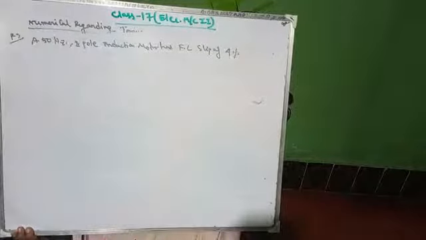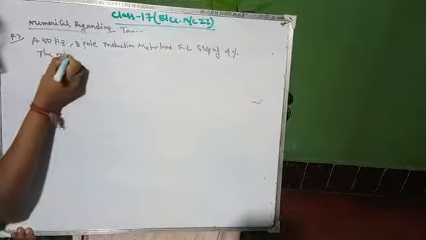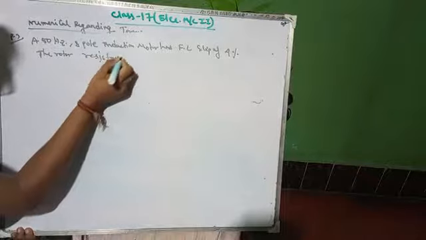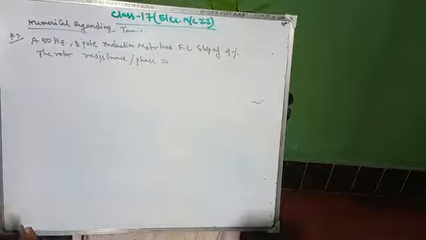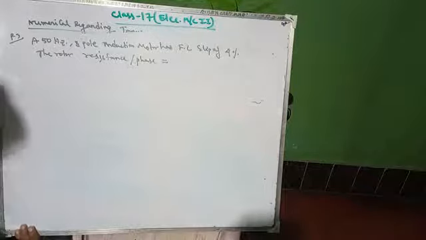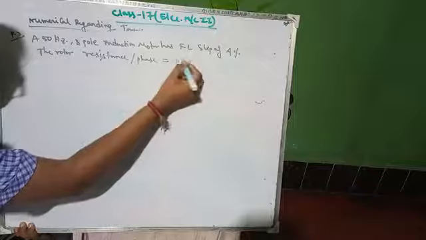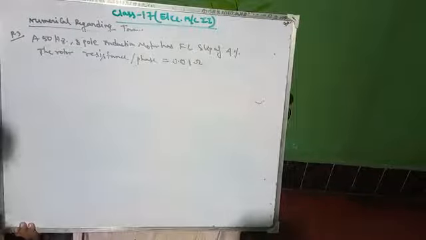The full load slip is given as 4%. The rotor resistance per phase is given as 0.01 ohm, okay? And the rotor reactance per phase